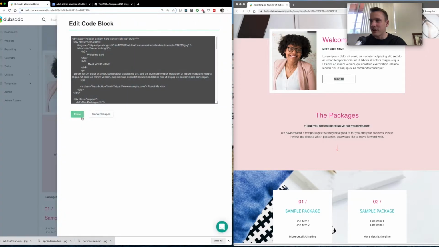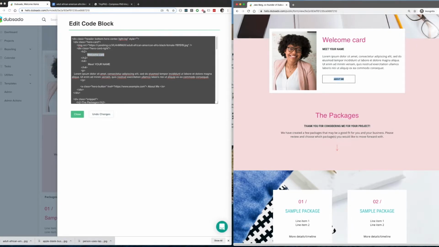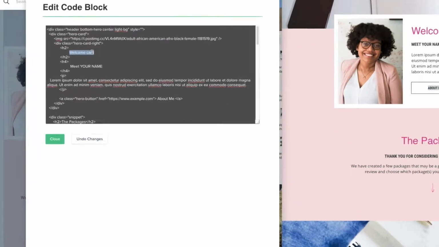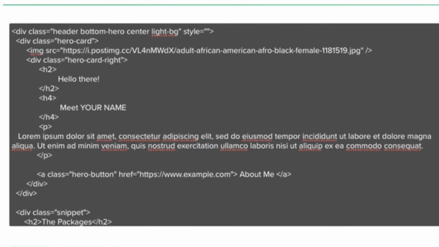This packages section. So when we open it up, we're going to see that there's a bunch of code in here again. And don't let that daunt you. It's all pretty easy to read. So you can see welcome card correlates with this welcome card. Meet your name. So we can say, hello there. Meet Jake. And we can say,